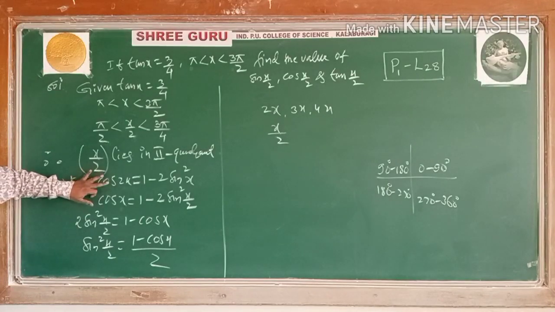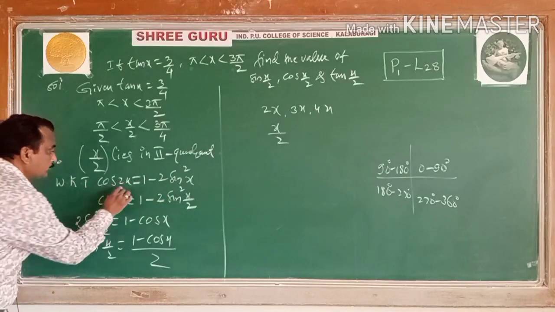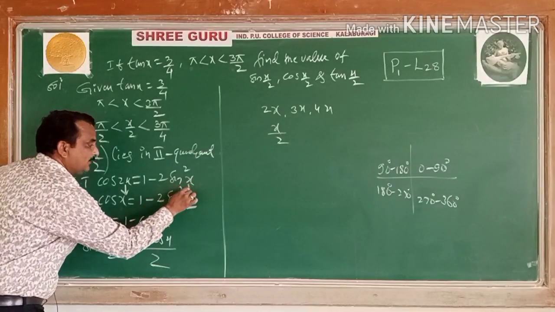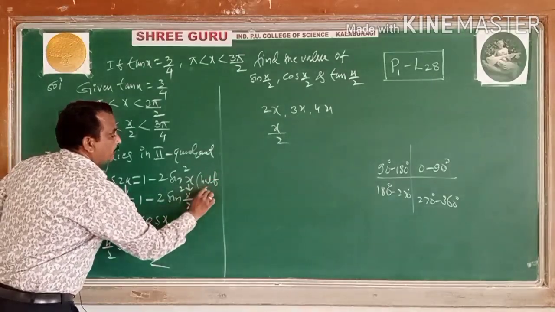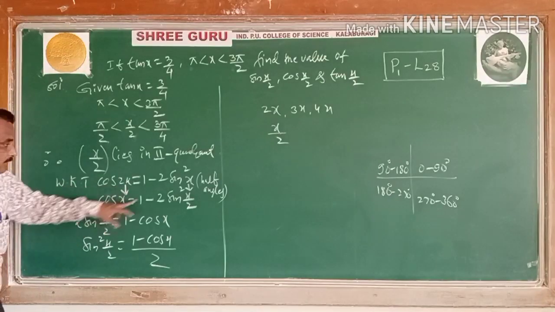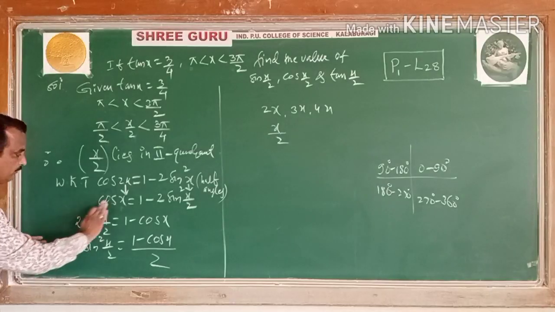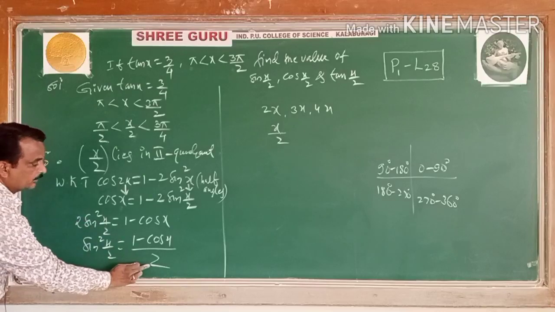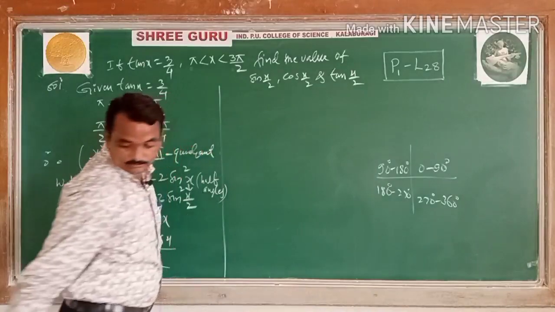So we have taken the cos 2x formula, the cos 2x in terms of sine, which is one of the formulas you know. Here we have reduced the angle 2x to x and x to x by 2, converting in terms of half angles. Taking this side plus, it becomes cos x; taking this side minus, it is 1 minus cos x. Sin square x by 2 is equal to this, divided by 2. What do you want? You want sin x by 2. Let us see sin x by 2.